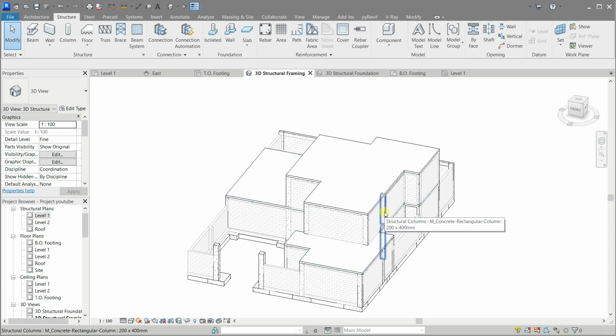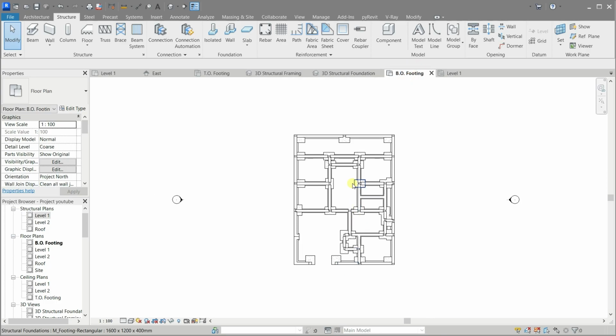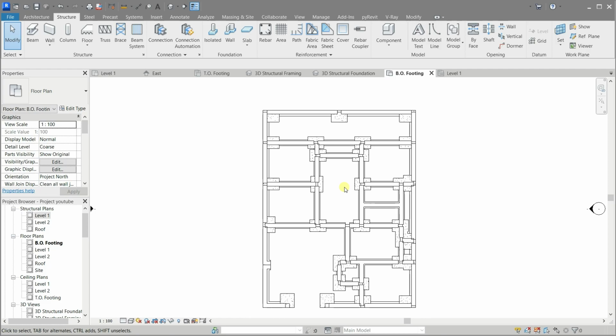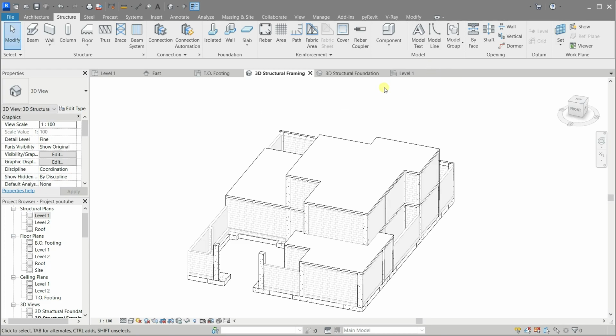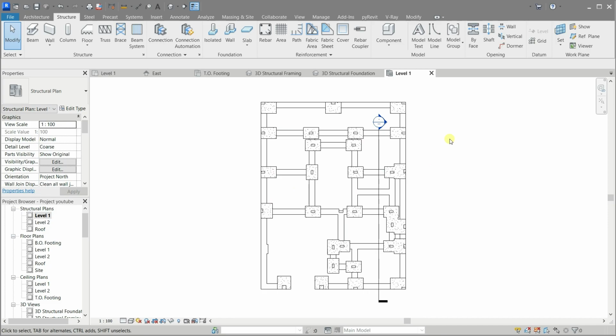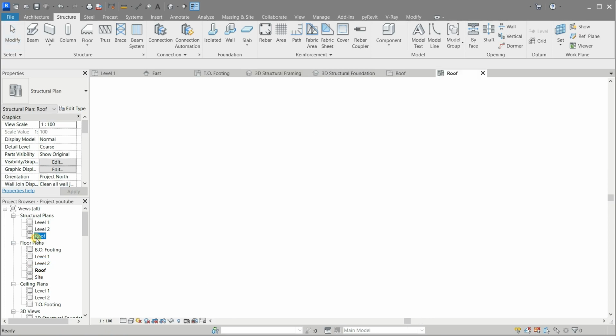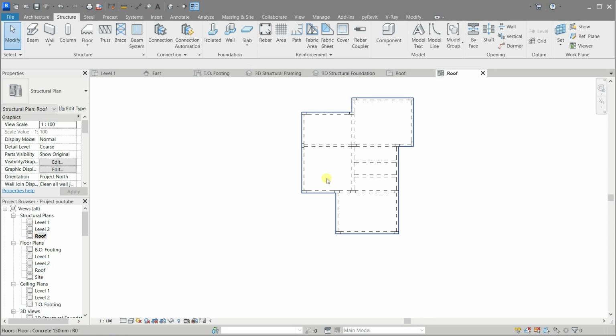I think I will adjust the tall column in 2 levels. Open the roof view and cross-select everything, then filter and choose the columns only.